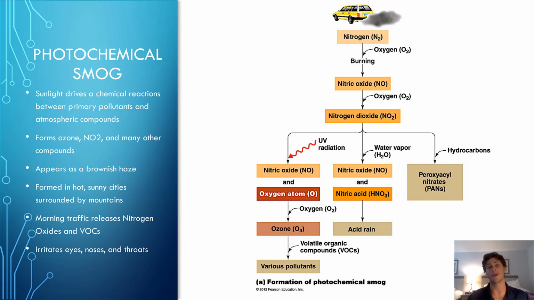Now, this is everything that we have for the outdoor air pollution lecture. I hope you guys enjoyed it. Again, it is a good news story because we are slowly limiting our air pollutants that are causing air problems and causing breathing problems across the globe. We still have some work to do, but it is generally regarded as a good news story. Next, we're going to talk about the ozone layer, as well as ways that we have damaged it and ways that we have repaired it as well.